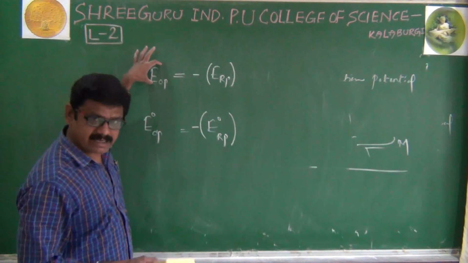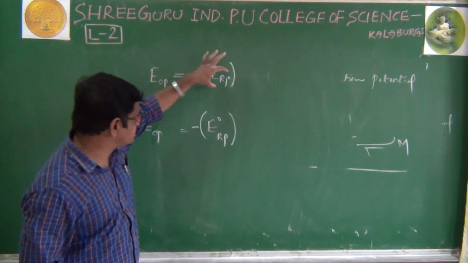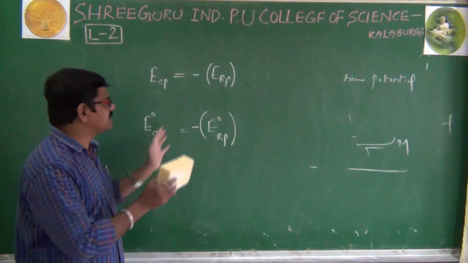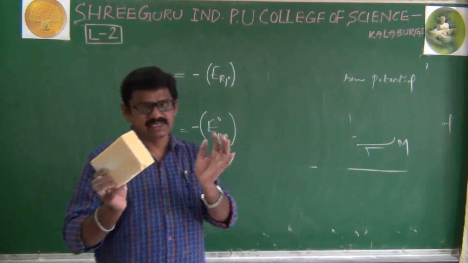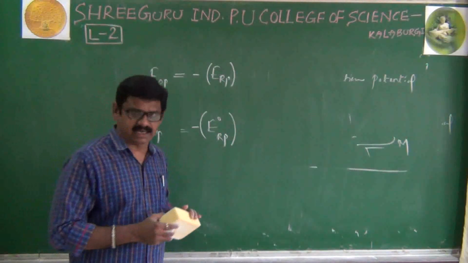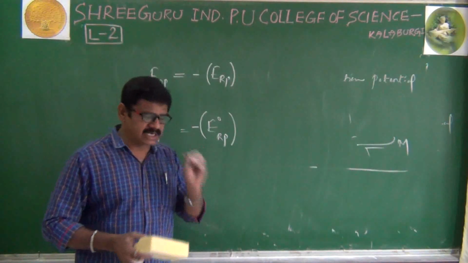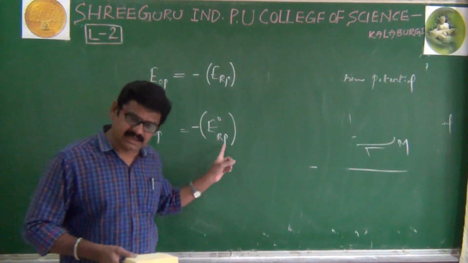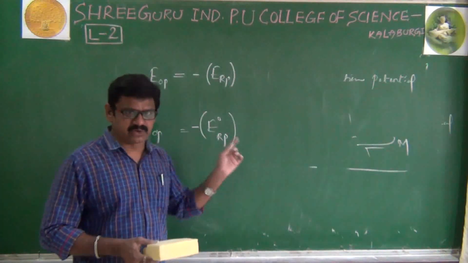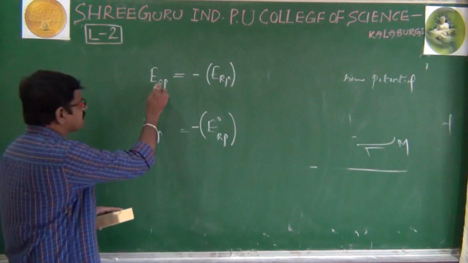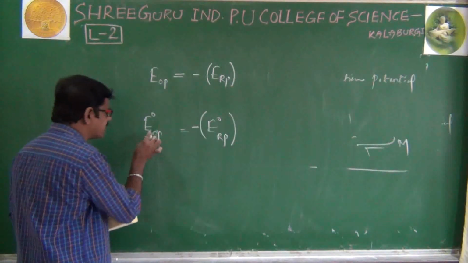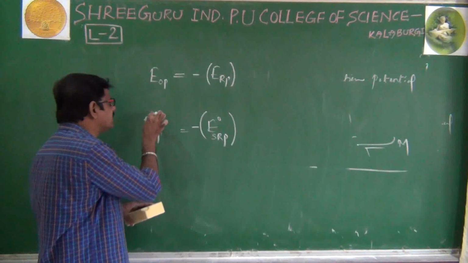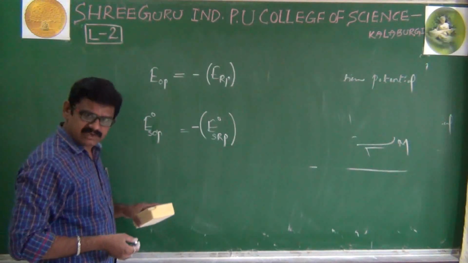If it is normal oxidation potential as well as reduction potential, and standard oxidation potential, standard reduction potential, the relation is like this. Both have the same values with opposite sign. Now the question arising is whether in electrochemistry we have to use standard oxidation potential or standard reduction potential, which we have to use is the question mark. Here we can also write standard oxidation potential and standard reduction potential. Of course, we have already shown the symbol E naught is nothing but standard values only.